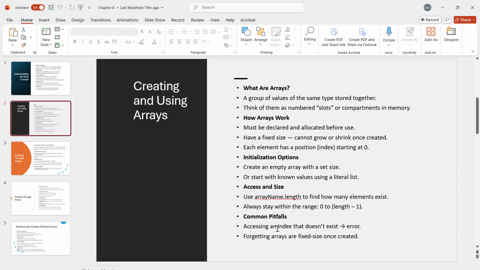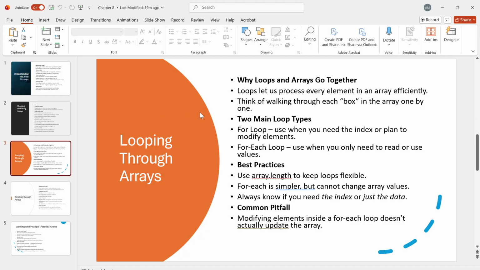So yes, this section is all about getting comfortable building arrays and understanding how they live in memory. Once that clicks, the rest, like looping through or modifying them, will feel much easier. So that's about creating and using arrays. Next we have